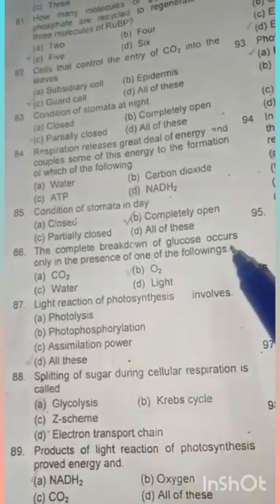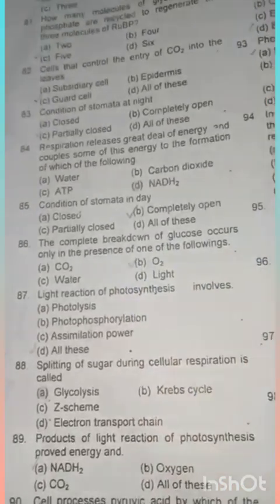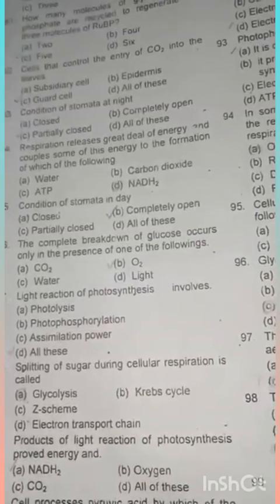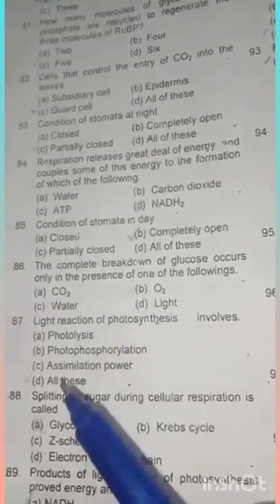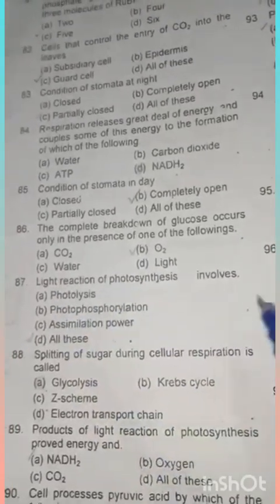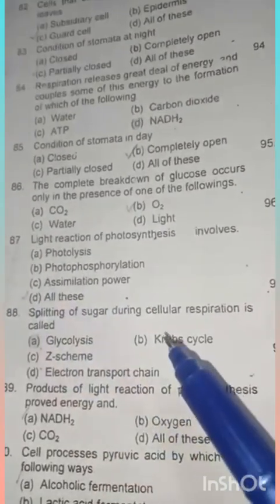The complete breakdown of glucose occurs in the presence of the following. In the presence of oxygen, a glucose molecule is completely broken down into 2 molecules of pyruvate, which is a 3-carbon containing compound. Light reaction of photosynthesis involves photolysis, photophosphorylation, assimilation. So all of these are correct here. Splitting of sugar